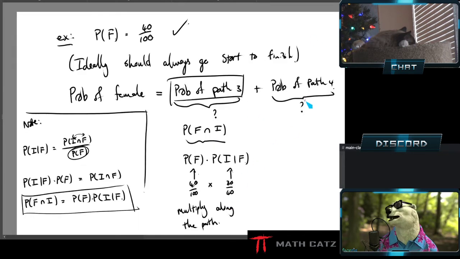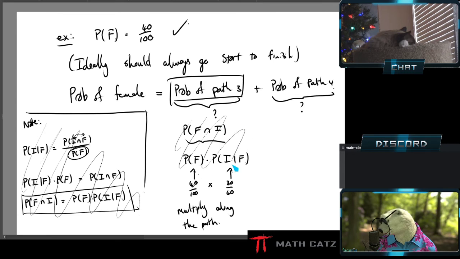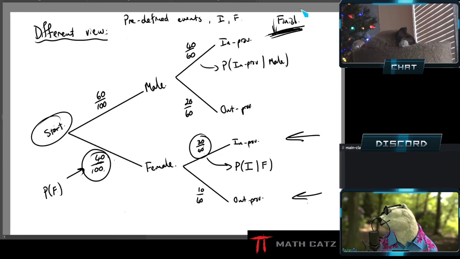And the same thing for this. I don't need to write this ever again, really. I'm just doing it the first time to understand why I multiply along the path. It comes from the formula for conditional probabilities and how I set up the tree. But once I've done this, I'm not thinking of this ever again, honestly. I now have my tree. I read it off my tree. I just need to know how to read it off my tree. So for example, the probability of path 4 is now this one, right?